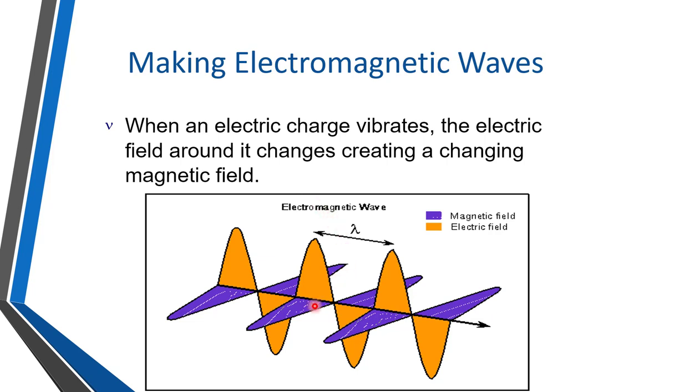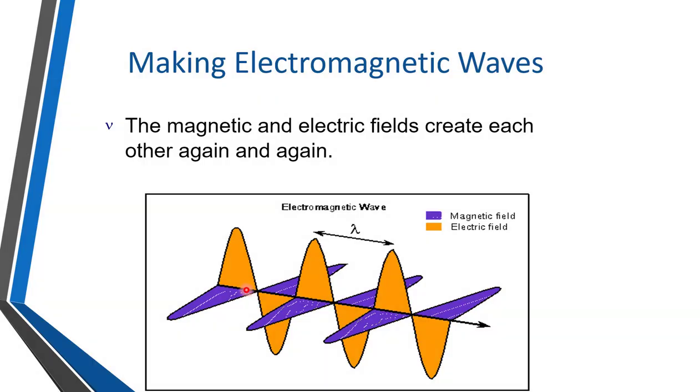So, an electromagnetic wave constitutes an electric field as well as a magnetic field, as shown in the figure. The blue color indicates the magnetic field in sinusoidal variation, and yellow color indicates the electric field in sinusoidal variation. But both are seen perpendicular to each other. So electric and magnetic fields create each other again and again, and then they travel in some direction.